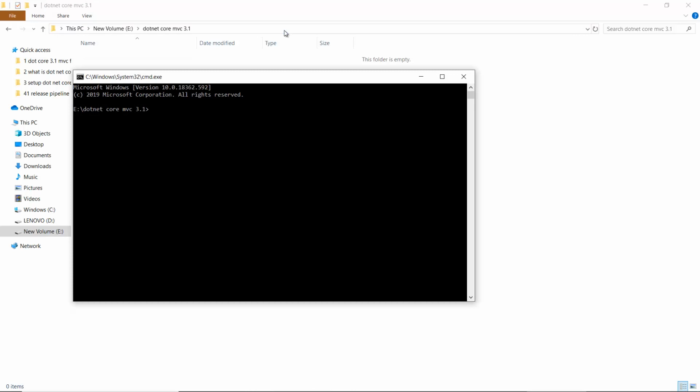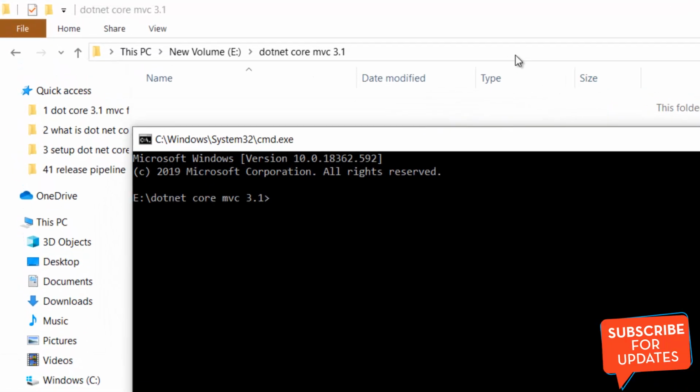If you are using some other type of operating system just like Linux and Mac, then you can open any command line tool that you have installed in your system. Choose a new folder inside your command line tool and you are ready to create your first application with the help of CLI. To create a new application with the help of .NET CLI, we have to type a command. First we have to type dotnet, then we are going to create a new application. So we will write new space, we have to write the name of the template. It means what type of template we want to use for this current application.